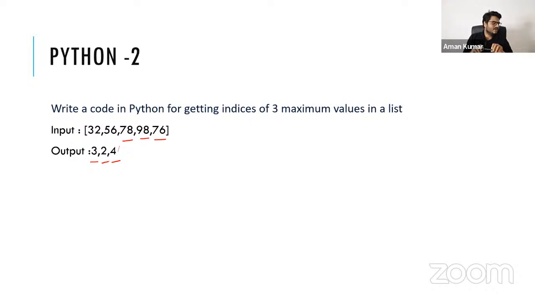What is the approach you guys are taking? Sort and slicing, somebody is writing that, but what is the real approach? I'm assuming you guys are doing it in Python. Just give me a yes if you are doing it, or if my assumption is wrong, you can tell me that also.